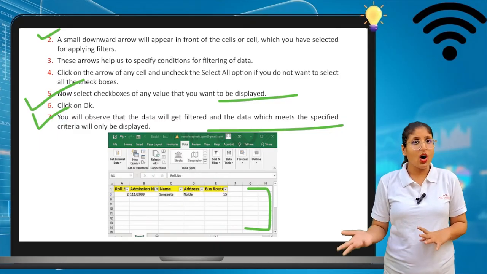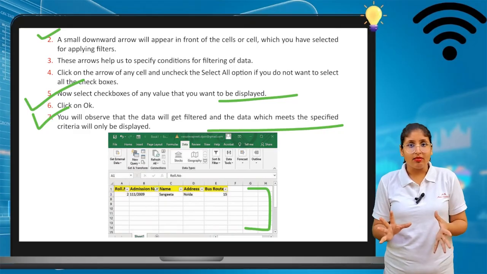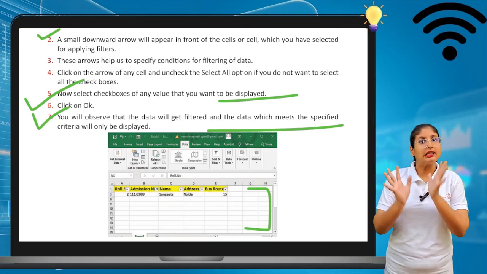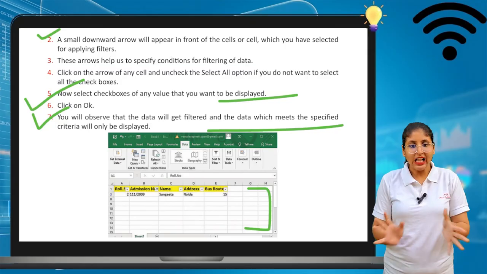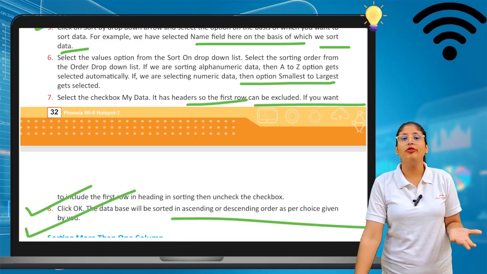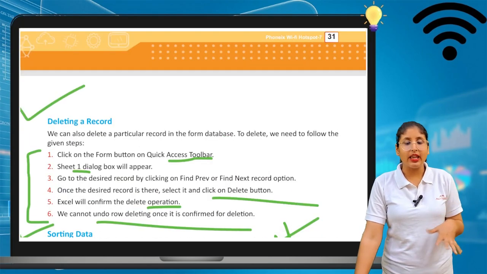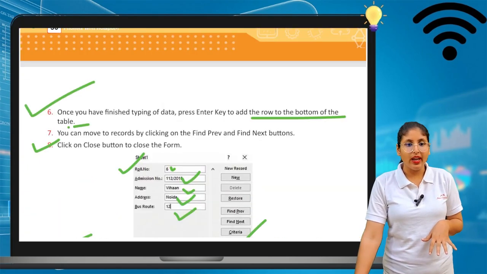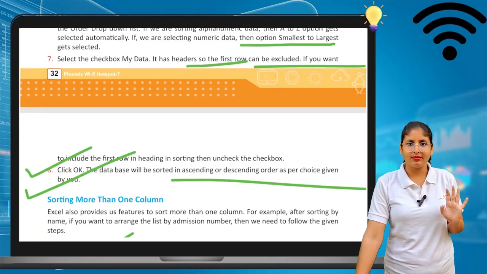See, this is how we can hide our data and keep it private, keep it secret. I'm hoping it is clear how we can hide data, remove a column, delete something, and sort something. All these things, I'm hoping, are clear. Now,